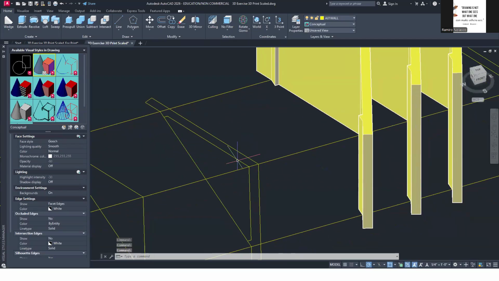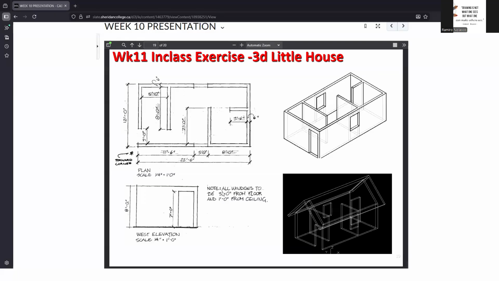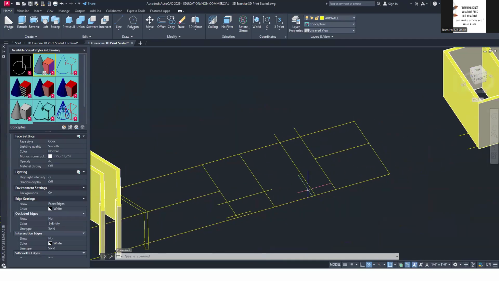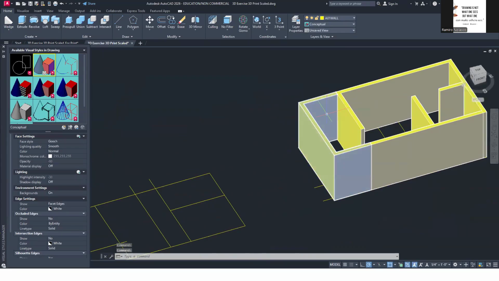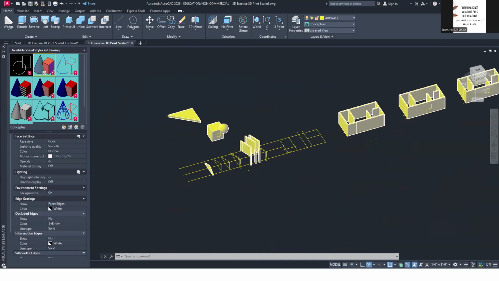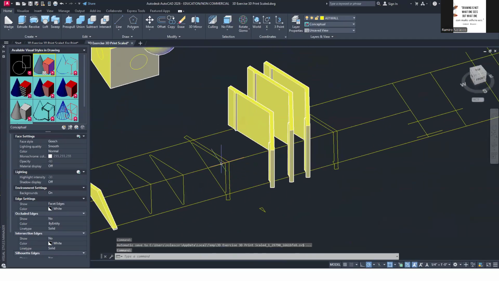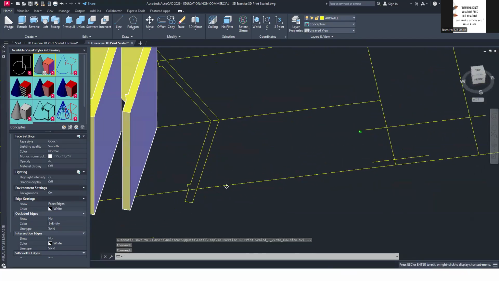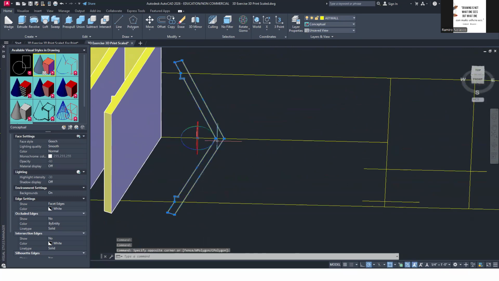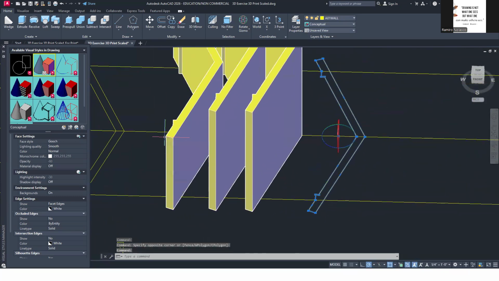And then this part right here, if you look at the model, you need that part placed on top of the roof right here. And then I'm going to issue the union command so they will be united together. Once I have done that, I use the bpoly command, and then I was able to make a closed polyline that I extruded.